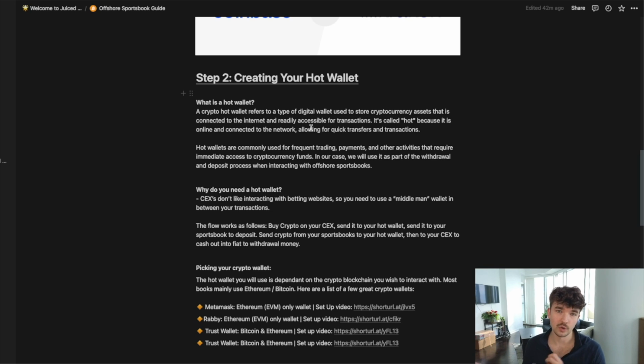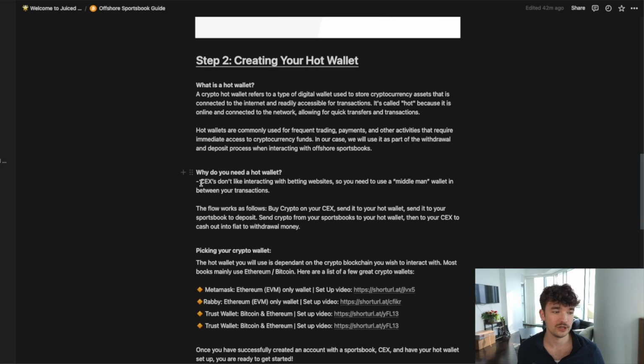There are cold wallets, which are ledgers or these cold storage devices where basically you send your crypto. They're very secure, but you can't really send many transactions super quickly. It's a bit more tedious, so we want to use a hot wallet. Now, why do you need a hot wallet? Well, centralized exchanges don't like interacting with betting websites, so you need to use this middleman to be able to send that transaction in. So you'll go from your centralized exchange into a hot wallet and then to Bovada or